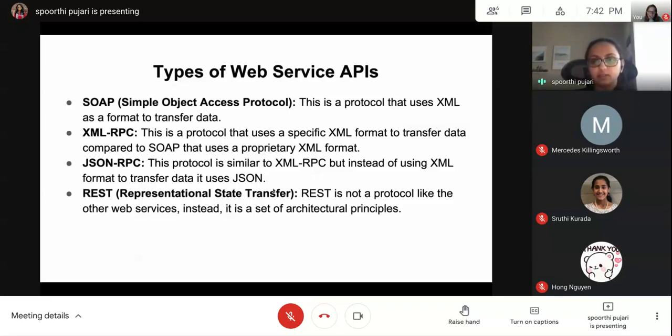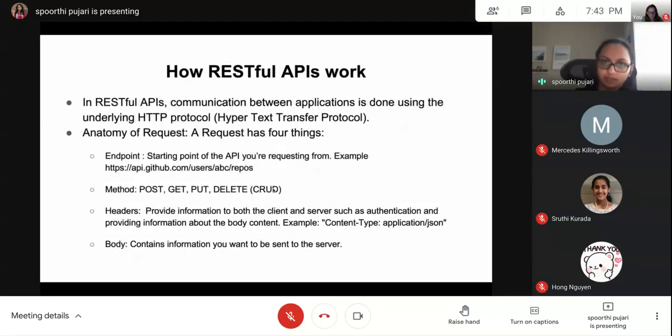So unlike the other three, REST is not a protocol. It is more a set of architectural principles that web services use when they're creating their APIs. You can look up what these architectural principles are. They range from caching, to what languages are used to transfer the data, the ease of data transfer, and so on. You can look this up later: what are the architectural principles that are enforced by REST? Let's see how a REST API works though.